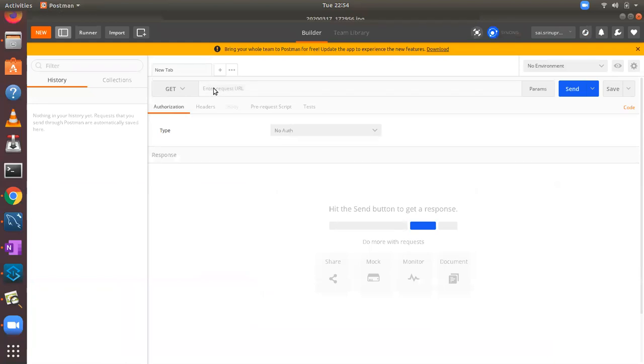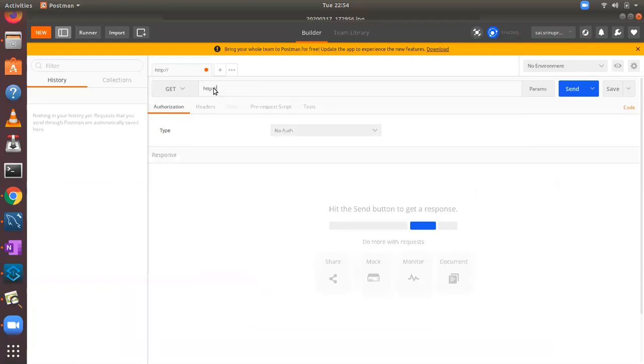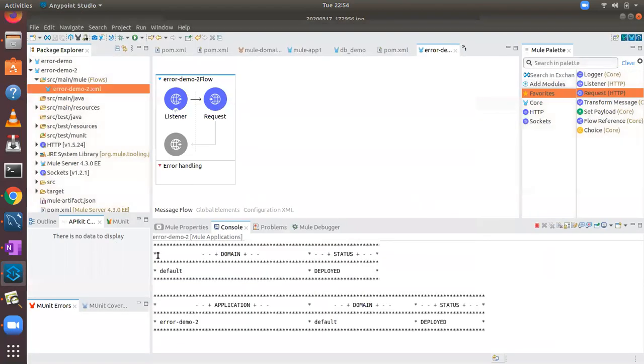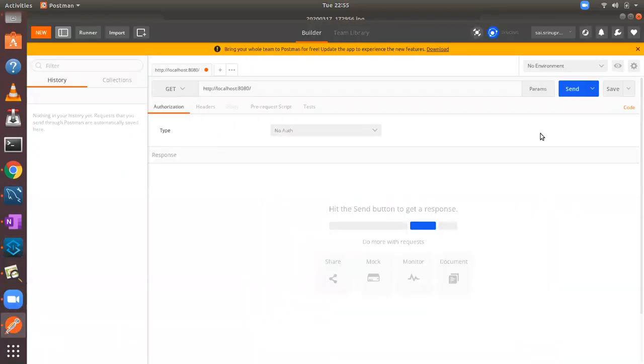Now HTTP localhost colon 8080 slash. I'm configuring localhost 8080 only, and I'm not configuring any path, so that I'm hitting this listener. So if I hit this endpoint,